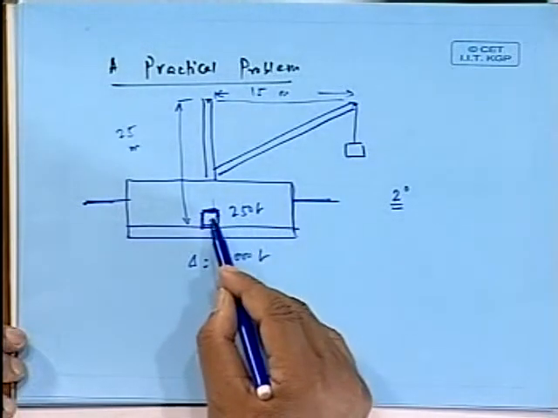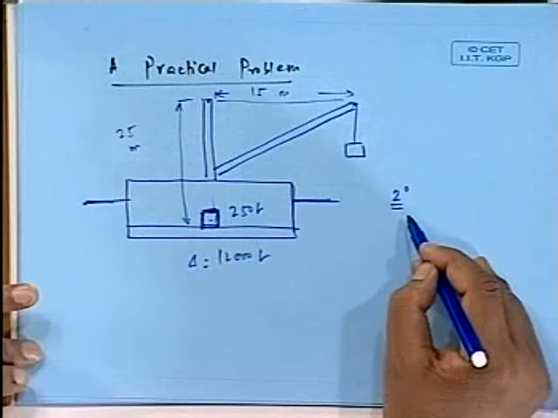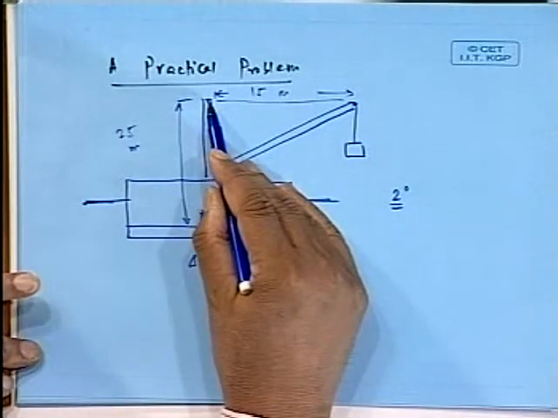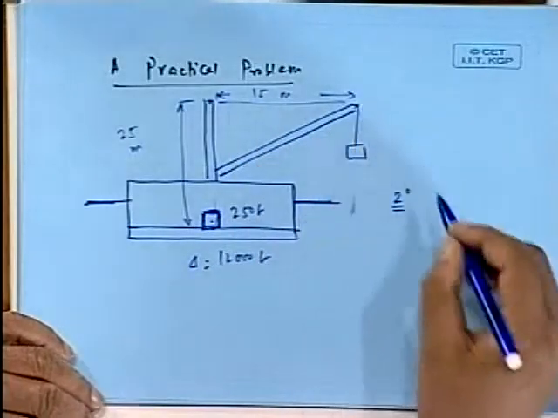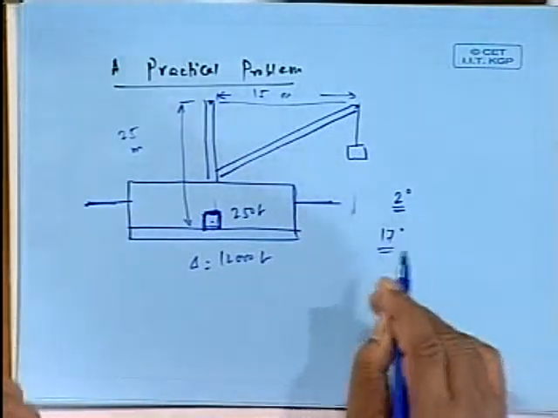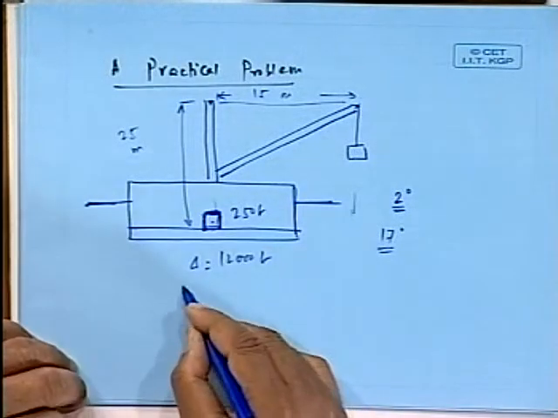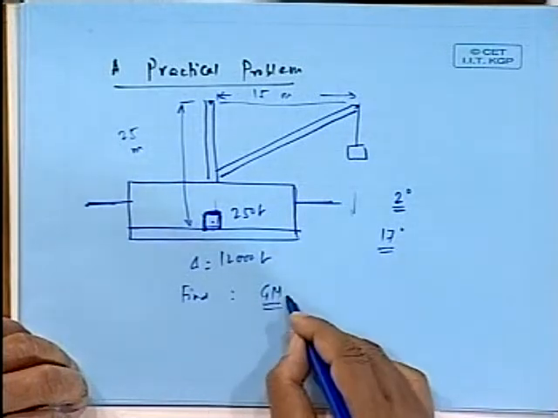Okay. What does it mean? Now, there's a problem that is given like that: the moment you take this weight up, the ship heels to 2 degree, and that is on this line. Then you take it outside because you are unloading it, swinging it on this side, which is 15 meter, and begin to unload on the deck. The moment you take it out, the ship's heel goes to 17 degree. The question is to find out its original GM, that is GM initial.